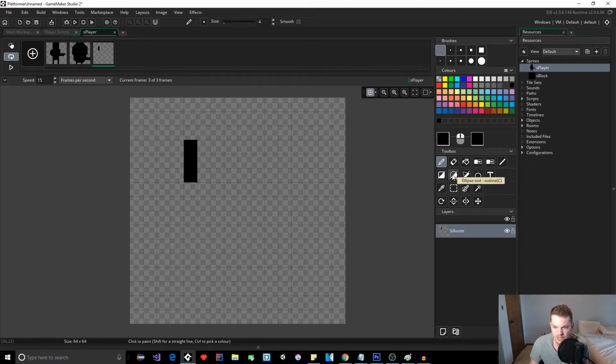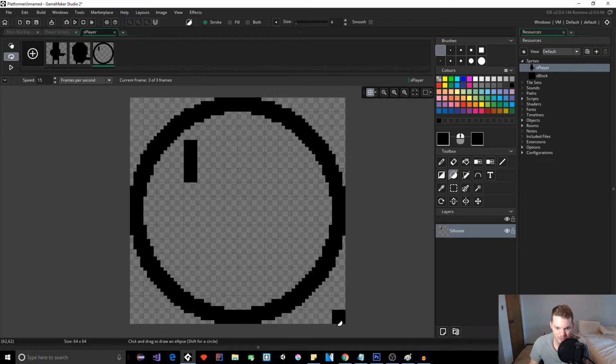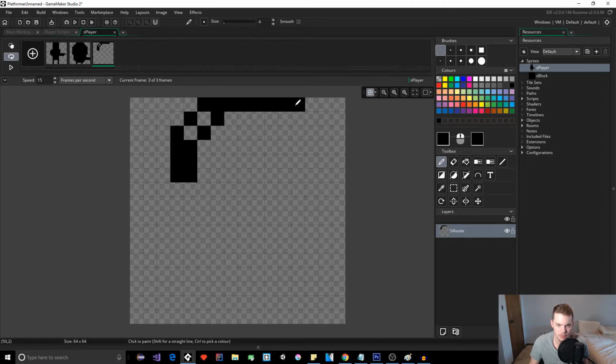You can't really use the ellipse tool with this brush size. You'll see it doesn't stay on the grid like we'd like, and I don't really know of a way to make it do that, so we can't really use that. We're going to have to make our own circles using this. Let's make a little bit. I like the wide head still. Let's make a little wide head, but maybe not as tall,